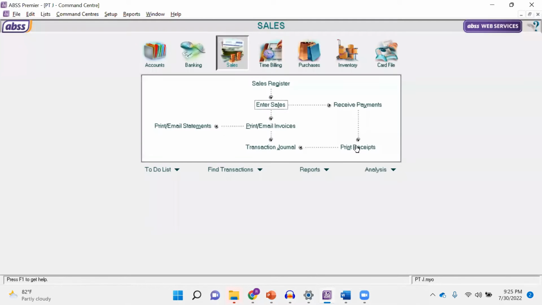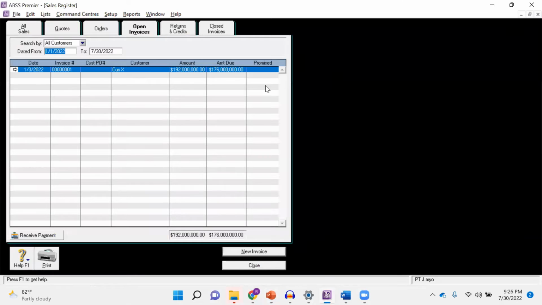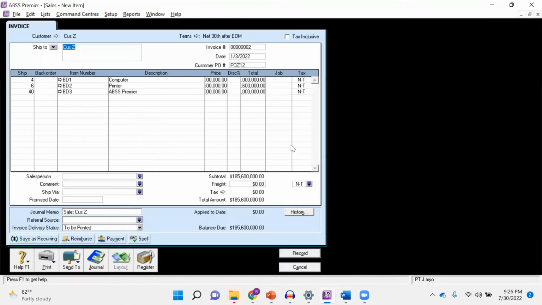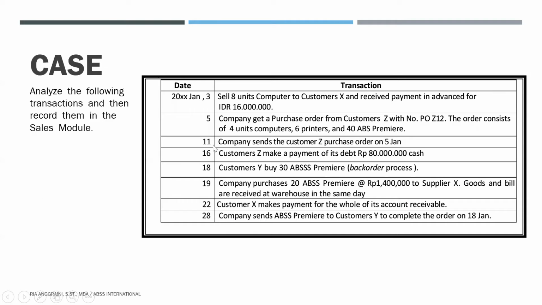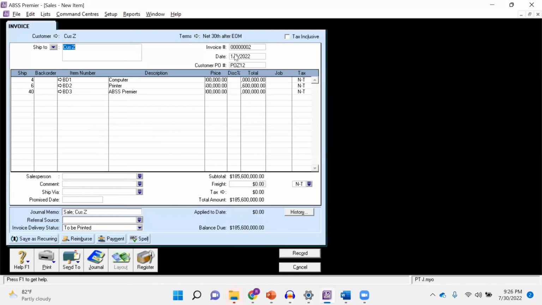So now we can go to the sales register that we have entered the transaction before, orders tab, and then choose the transaction that we've done and then change to invoice. Okay, we have to change the date here to 11.